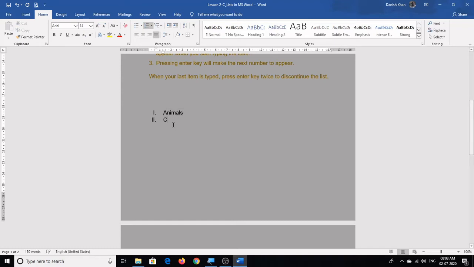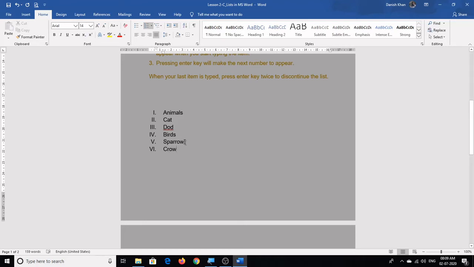Next item, cat. Next item, you can keep pressing the enter key for the next item. Next item, suppose dog. Next item, again I am putting here birds. Next, sparrow. Next, crow. Okay, this way you can keep on adding the items.